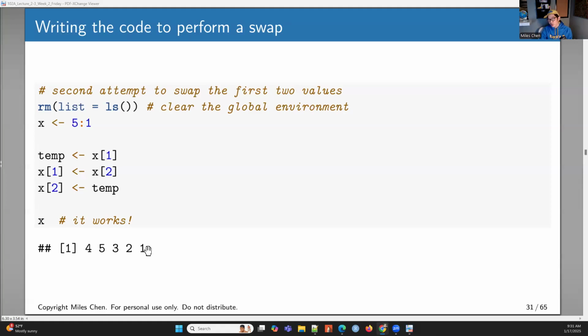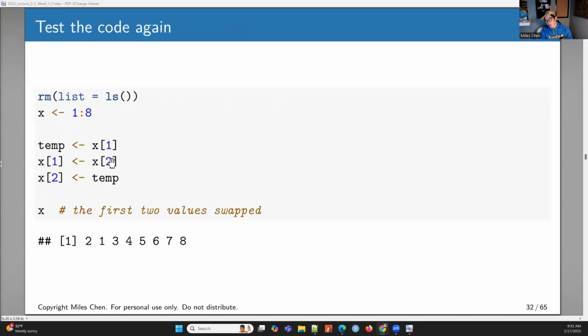And just to make sure it is working, we should test it out on other test cases. So again, I'm still working in the global environment, and I'm going to test this again. I'm going to try x as the vector 1, 2, 3, 4, 5, 6, 7, 8. I run the exact same code again, and it does swap the first two values. So the 1 and the 2 got swapped, and now it's 2, 1. And I go, okay, well, now I want to make sure that it's conditioned, right? I only want to swap if they're in the wrong order. If they're in the correct order, we don't want to swap